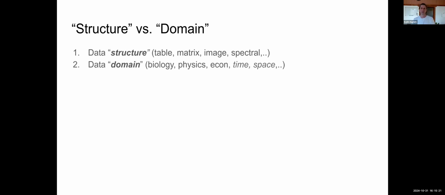And then domain, when I use that term, what I'm referring to is the subfield. So where the data is coming from, what it's about. And these can be field specific. So you can have data that is within biology or physics or econ, but then there's also what I would call domain elements that are shared across fields. So things like time, space, and units are useful to talk about in a whole bunch of different fields. But still, it's specific to certain data types, right? It's not necessarily structural either, although I guess time series data could be thought of as a type of structure. Okay.